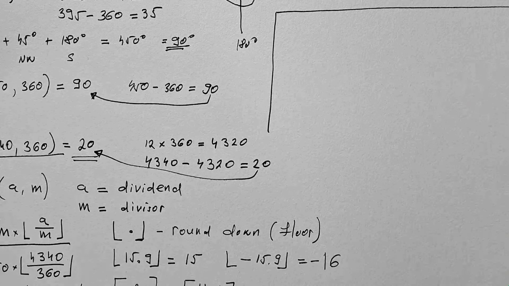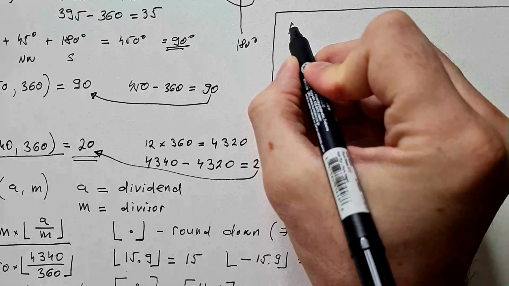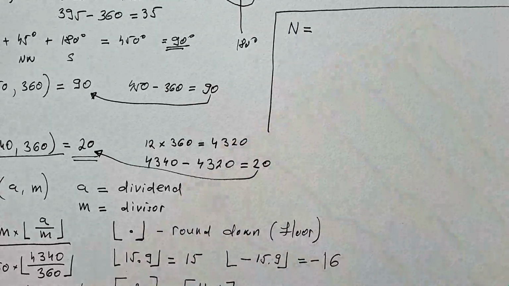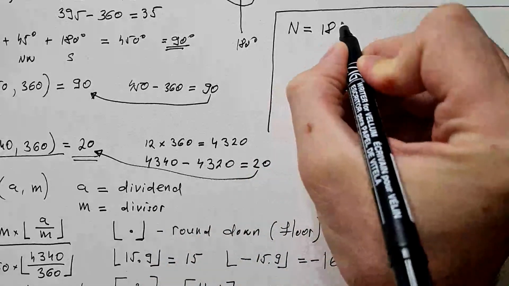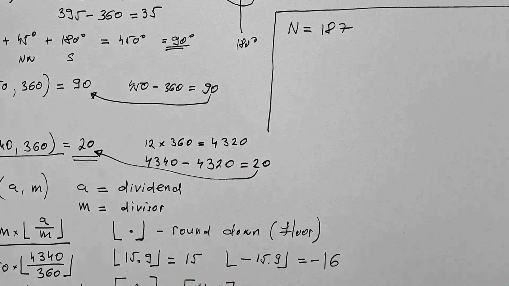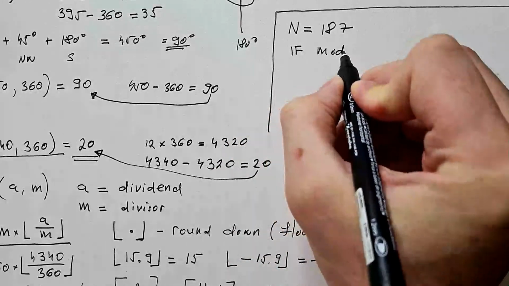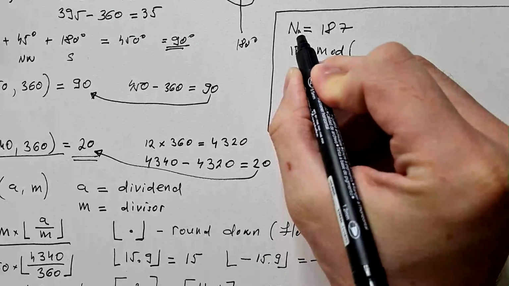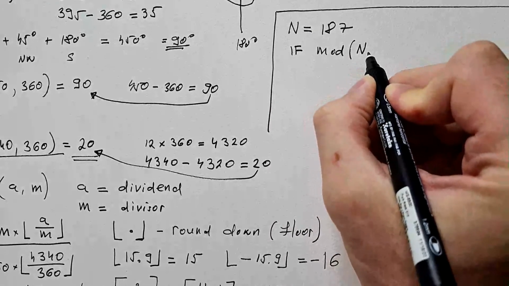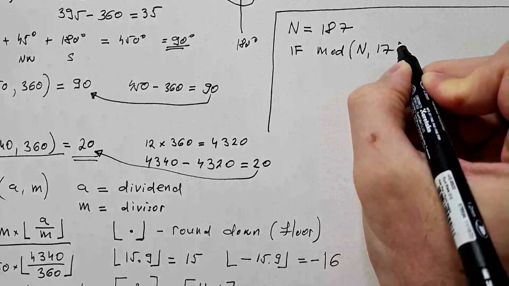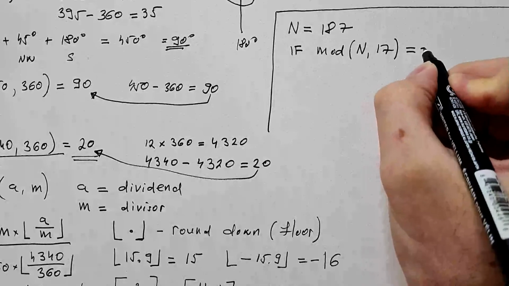So you would say, let's say input number we denoted by n is equal to 187, just as an example. You can pick your own number. You would say if mod of this number, which is input, and 17 is equal to 0,